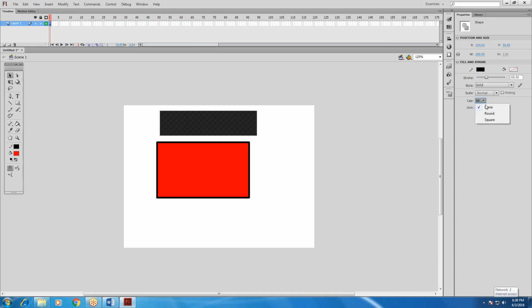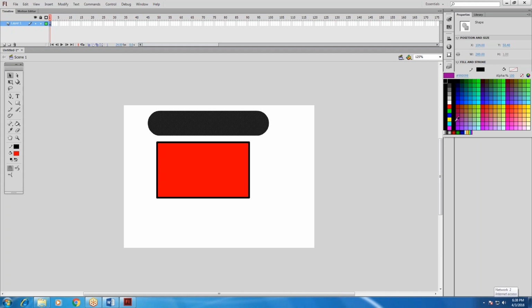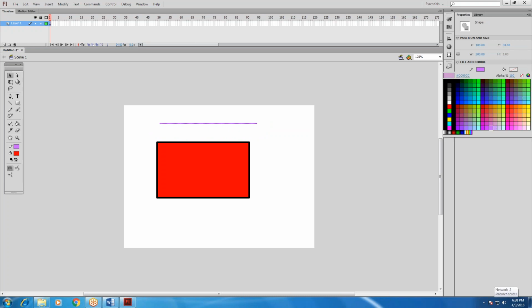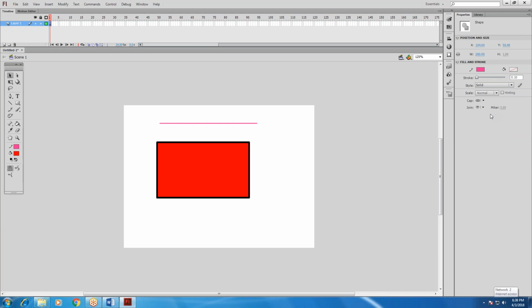So this is the gradient color. Whatever color you require, you can change it here.